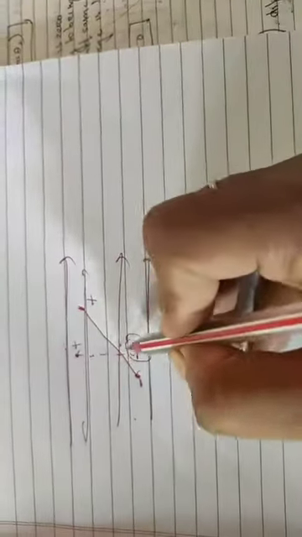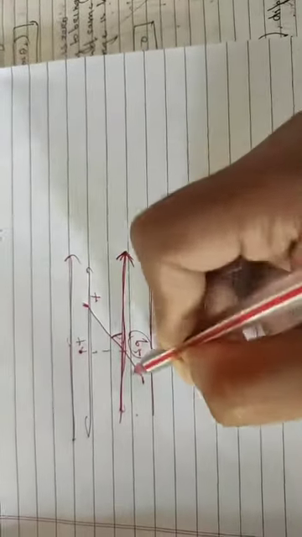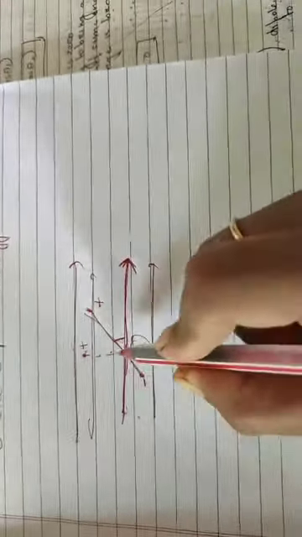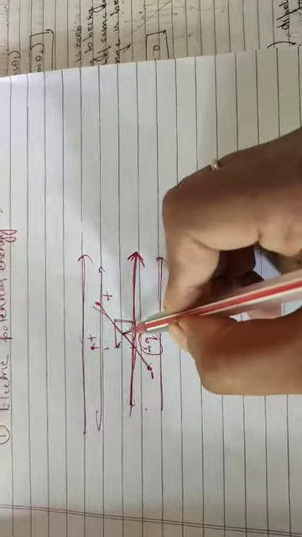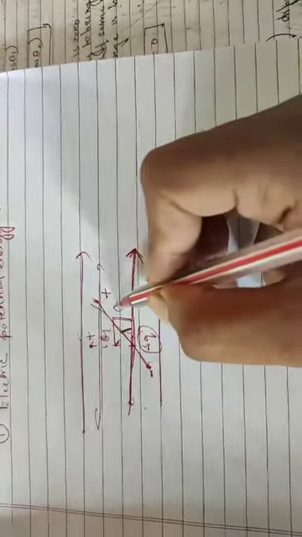While turning, you see the angle made with the electric field line. This is your electric field line. First your dipole is at this position, and the second time the dipole is at this position. So one you can take as theta 1 and another as theta 2. This is the initial position, theta 1.